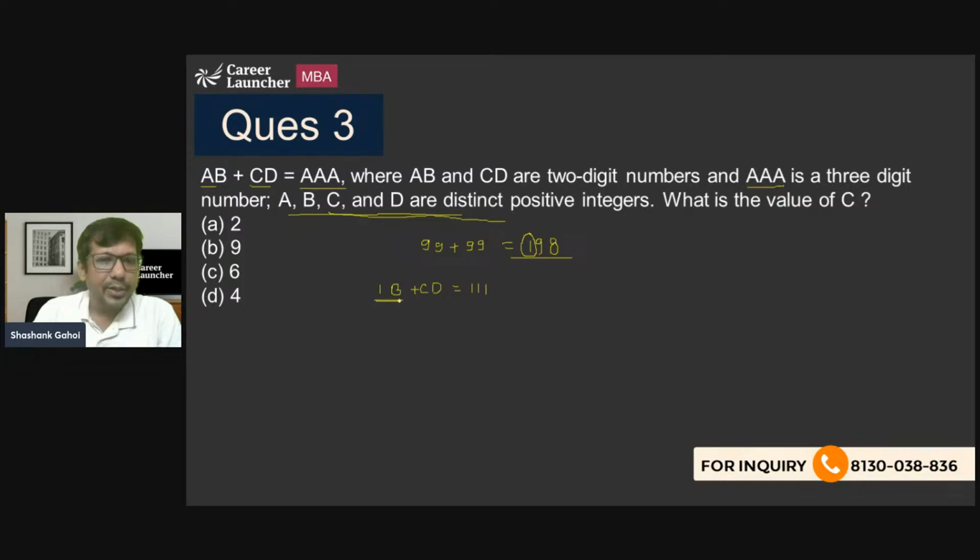Now this number is, let's say, 10 something. 10 something plus something is equal to 111. So I can definitely say that CD should be 90 something, right? Because 80 plus 20 is 100. If it is 80 something, let's say 89, then even if I add 19, I won't reach this point. So basically this number should be 90 something and this number should be 10 something, and I might be able